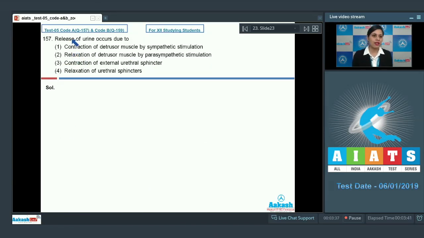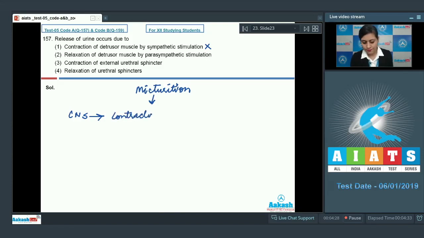Question number 157. Release of urine occurs due to, and the very first statement is contraction of detrusor muscle by sympathetic stimulation, and this is an incorrect statement, so cannot be a correct answer to our question because release of urine or micturition occurs when CNS passes on motor message to initiate the contraction of smooth muscles of urinary bladder